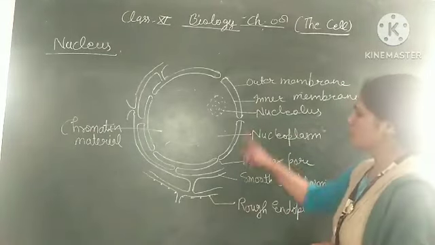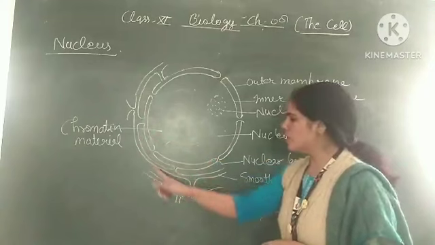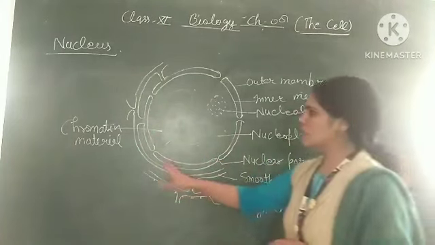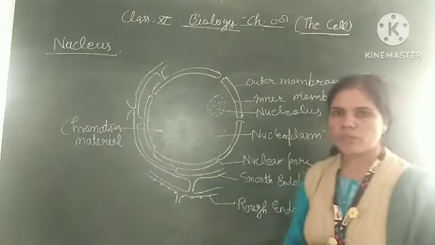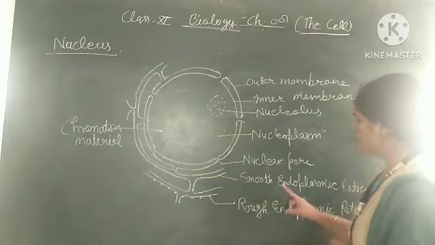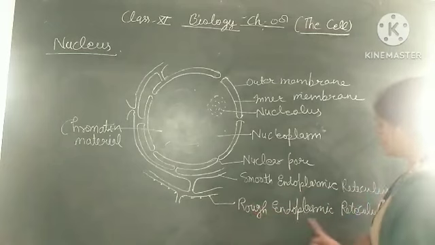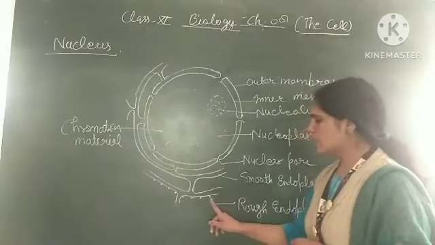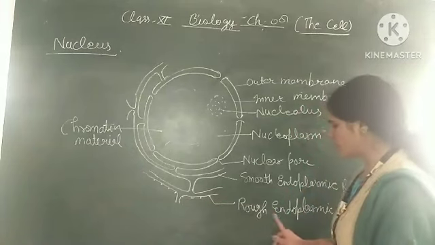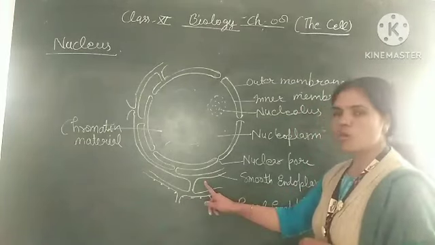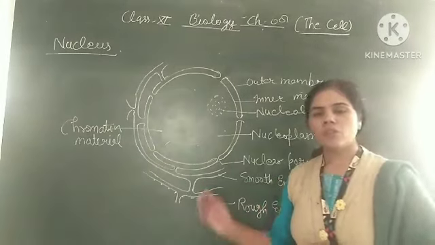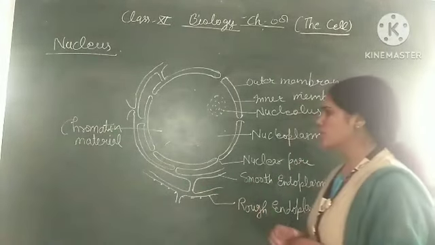The outer membrane of the nucleus makes some tubular structures near the outer part of the nucleus. These tubular structures are known as the endoplasmic reticulum. Some are smooth endoplasmic reticulum and some are rough endoplasmic reticulum. The endoplasmic reticulum which contains ribosomes on its surface is known as rough endoplasmic reticulum, and that which does not contain ribosomes is known as smooth endoplasmic reticulum. So they do different types of work according to their shape and structure.